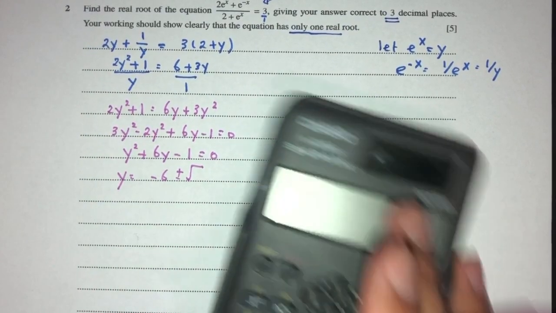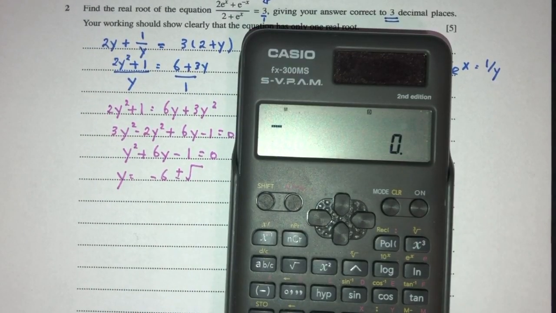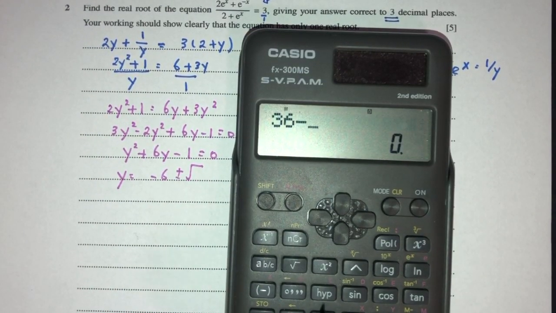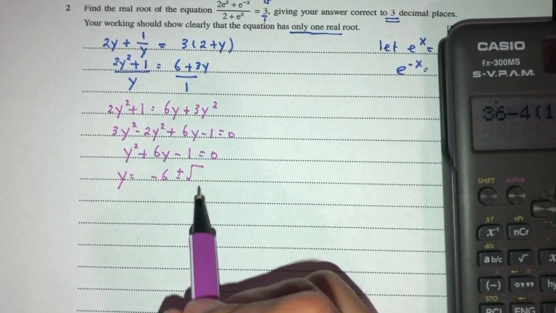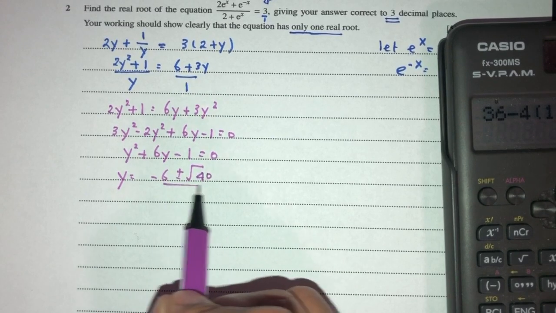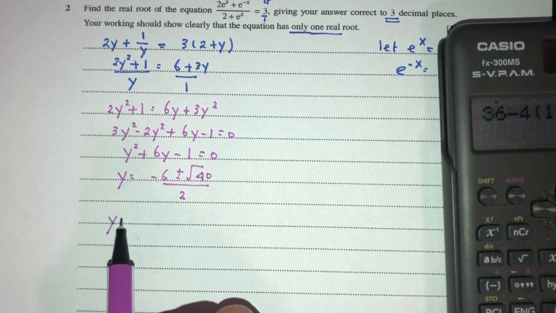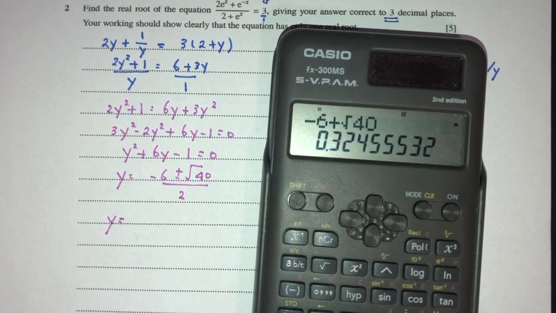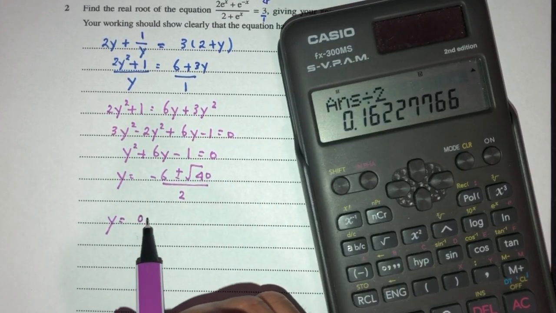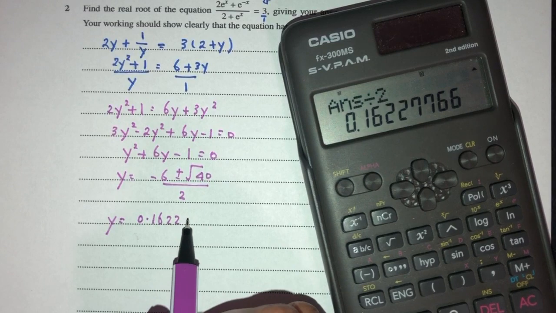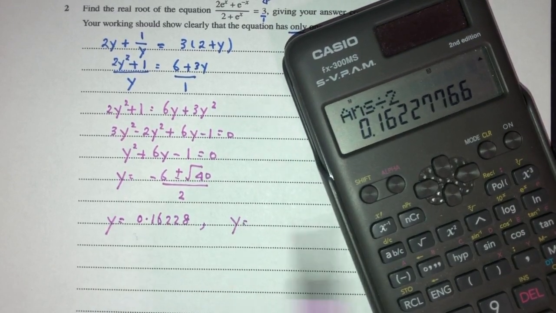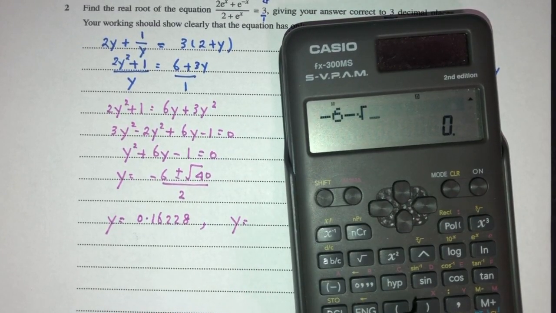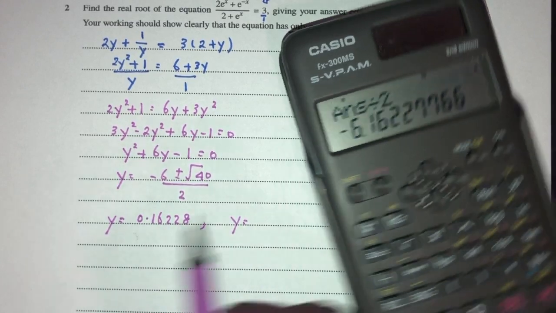b squared minus 4ac should be what? That should be b squared, 36, minus 4 times a times c. That will be 40. Divided by 2a, which is just 2. So y could be two values. The first one is minus 6 plus root of 40 divided by 2, 0.16228, or y could be the value of minus 6 minus root of 40 divided by 2, minus